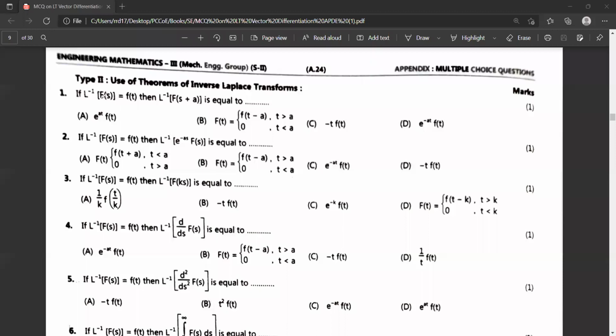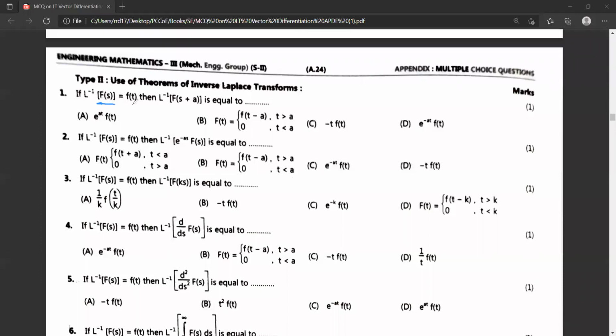Okay, now quickly tell me what is the answer for this? If L inverse of f of s equals f of t, then what is the answer going to be for L inverse of f of s plus a? The answer is equal to